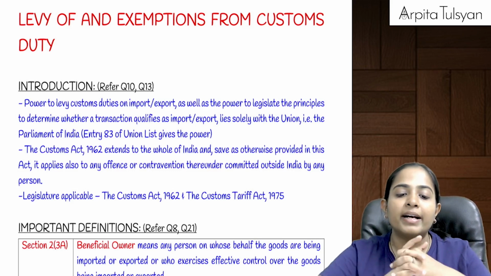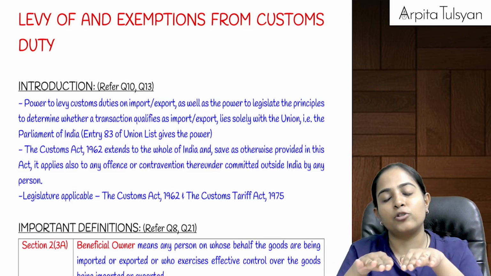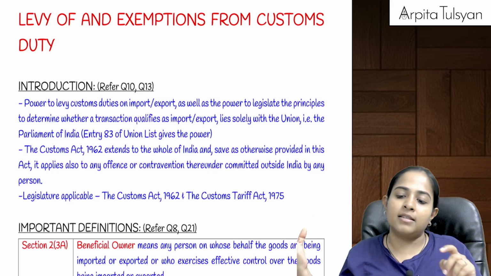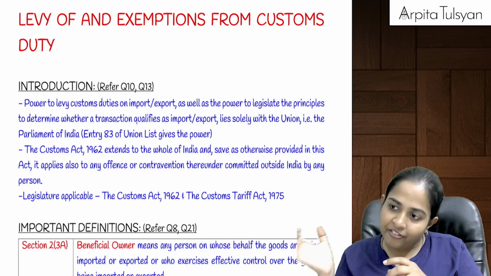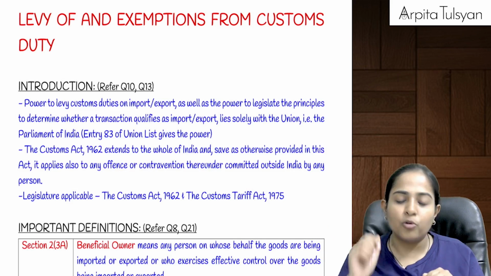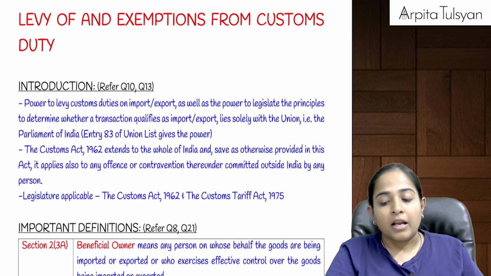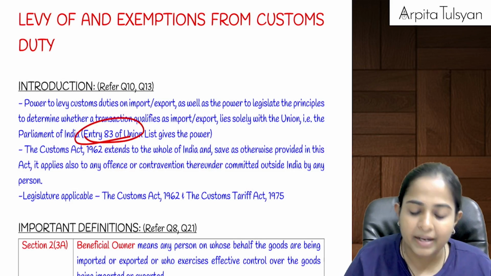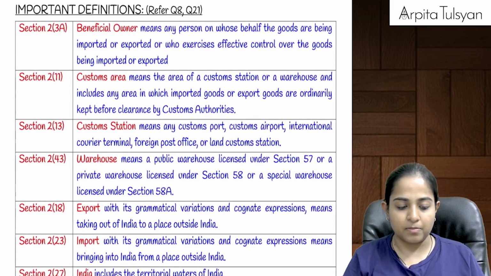First thing is why customs has become applicable. Customs has become applicable so as to bring the domestic prices and the import price at par. Because there are some items which, when we import, are available at very cheap prices. Can we say if everyone starts importing, then the domestic market is going to be affected? Yes, so to bring it at par, customs duty was made applicable. Along with that, the power to levy customs duty was given by entry number 83 of the Union List. Central government is the important authority in customs law.